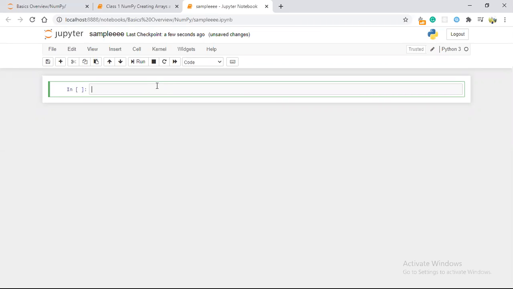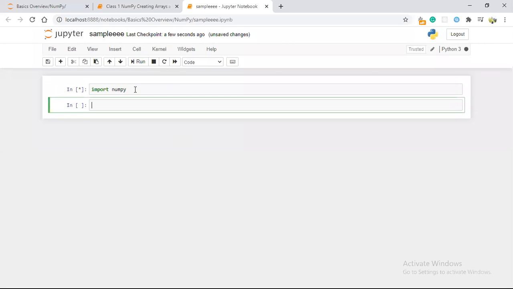So I am giving import numpy, and to execute, we have Shift+Enter as a shortcut key. Else you can click Run. When there is an asterisk symbol, the cell is still running, so please wait until it finishes. If you run continuously, it will take too much time.